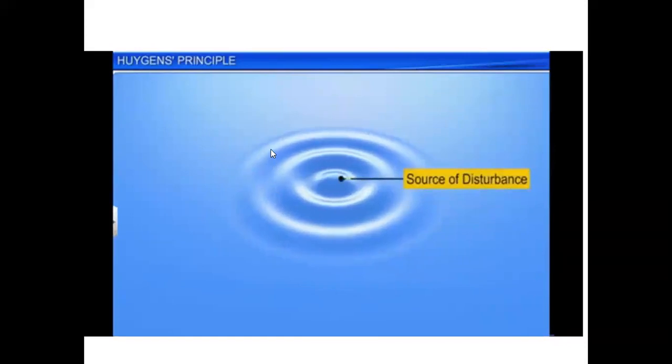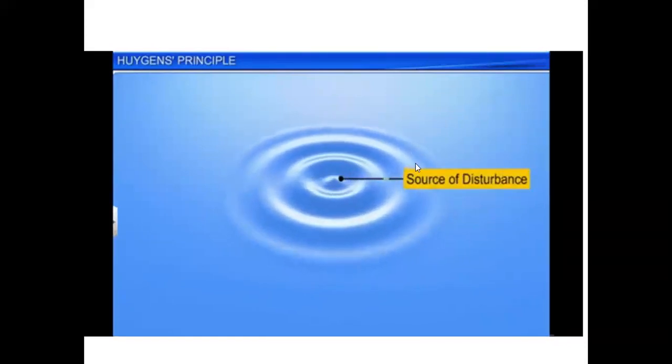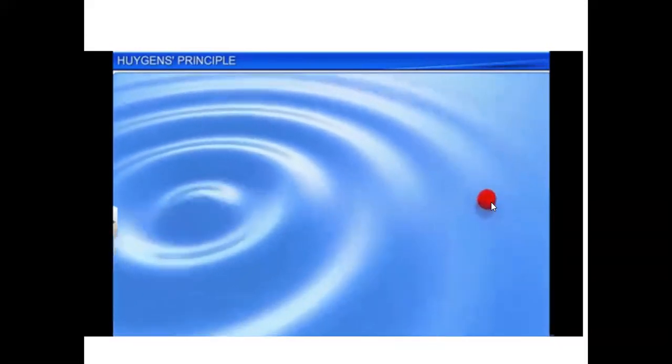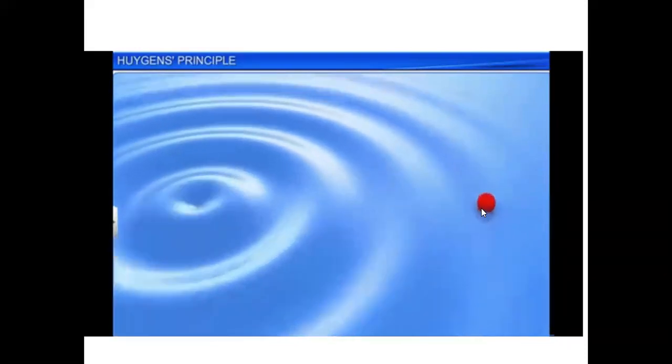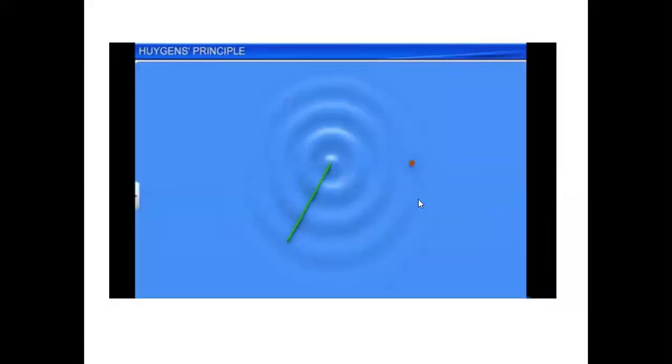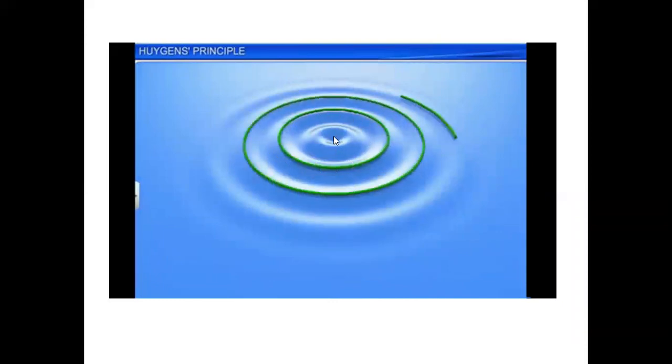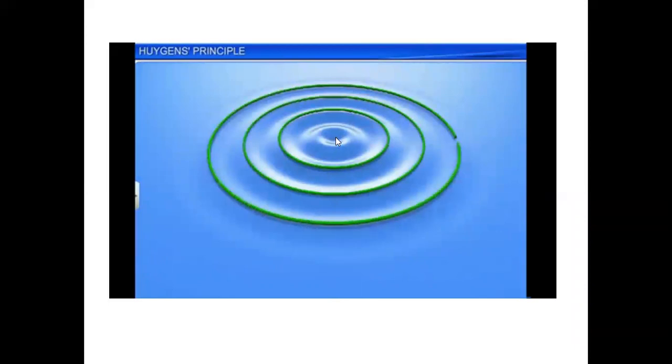You can understand it, right? So in this ripple, all the particles will be vibrating in phase. When all the particles go down, everywhere it goes down, and when all the particles go up, everywhere it goes up. So at a particular distance, you will get identical phased particles, molecules, and if you collect all these particles which are in phase together, you will get a wavefront, and all the particles will be either in the crest or in the trough. If one is in the trough, for example, here all the particles are in the crest from the point source or the source of disturbance till this point.